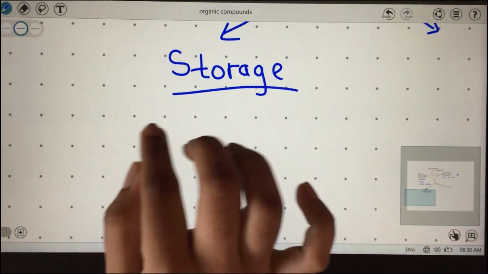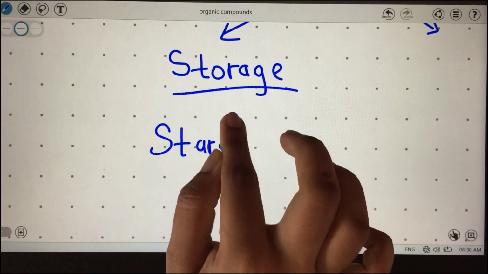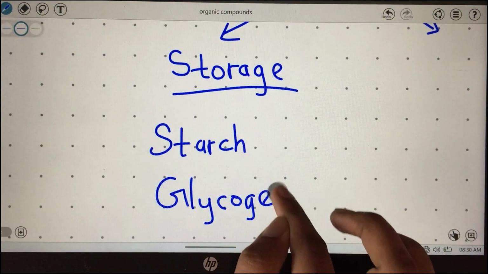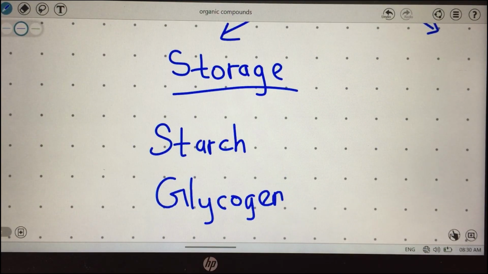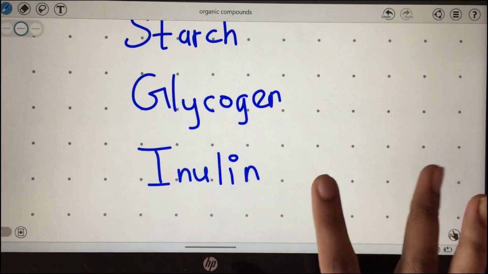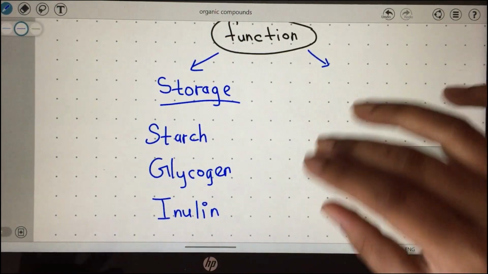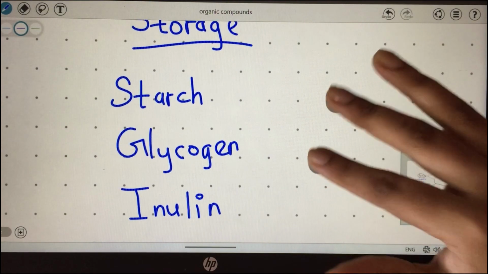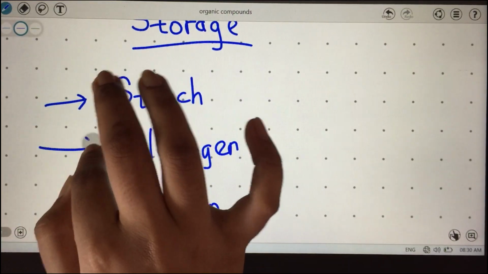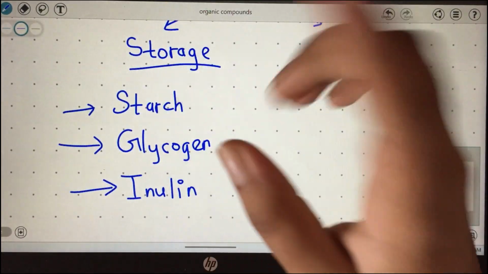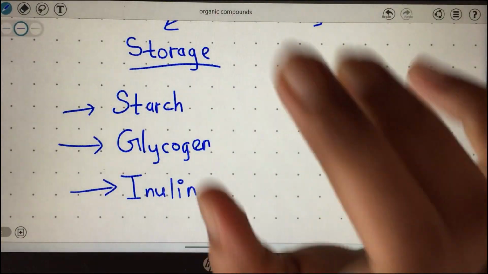So we can say starch, glycogen, and also you can say inulin under this. Okay, so inulin, under the examples, in the very first time they introduce this to your book, that means when you keep on reading your resource book, firstly they haven't mentioned this inulin, but later on under functions they have mentioned inulin also as a storage polysaccharide. So remember, we have three for now: starch, glycogen and inulin.